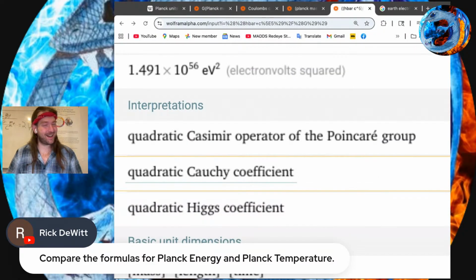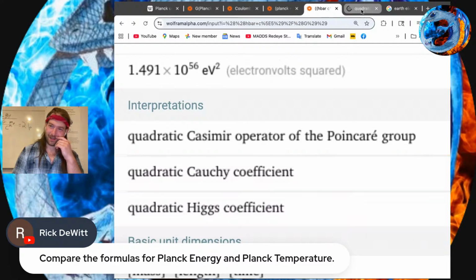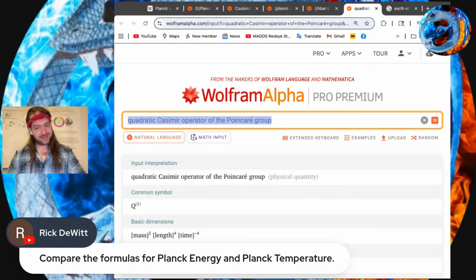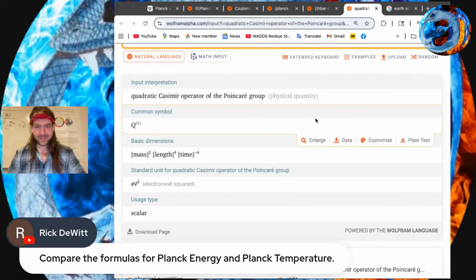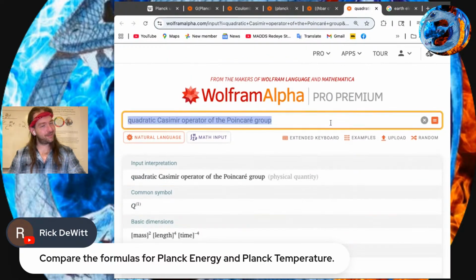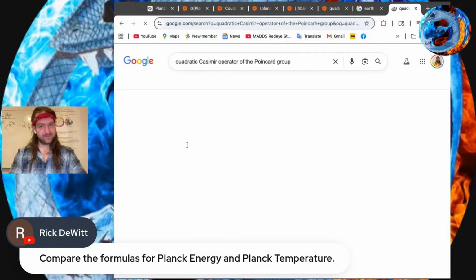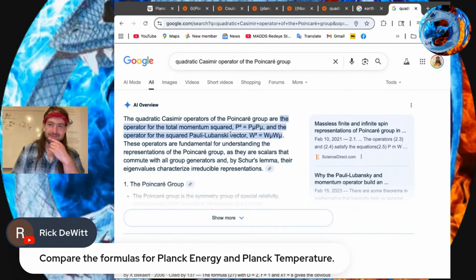What the heck is that? All right. The Poincare group is something about transformations. Hey, I actually totally forget. It's about something about circular energy squared. And to be fair, in the original, or I think in Einstein's paper, it said that things are just expressed literally in energy squared. Operators for the total momentum squared, and the operator for